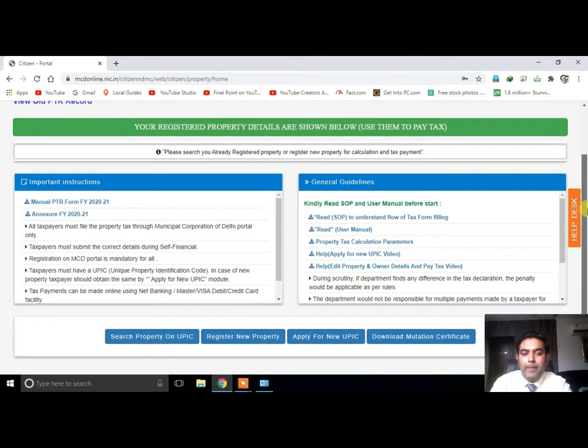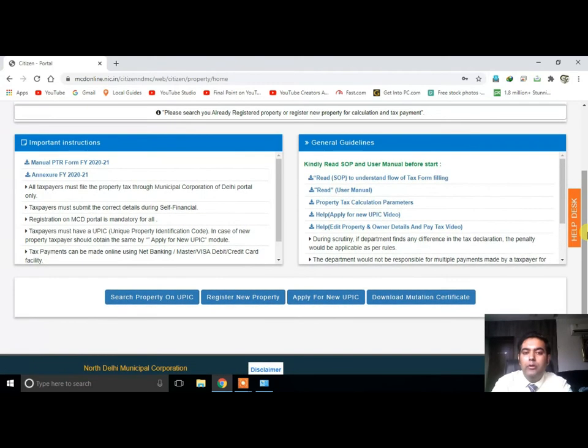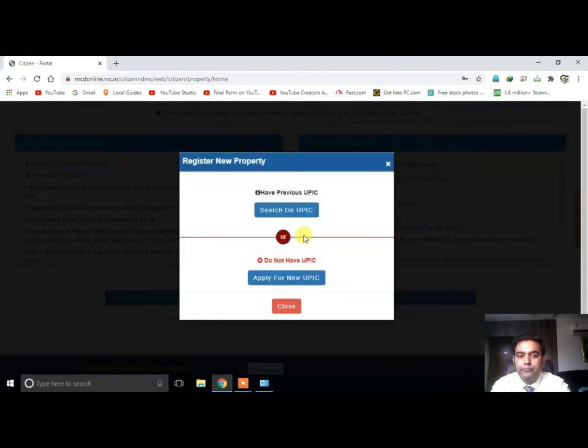Now after you click on submit, you have to register your property with MCD. I will click on register new property. I do not have a UPIC.